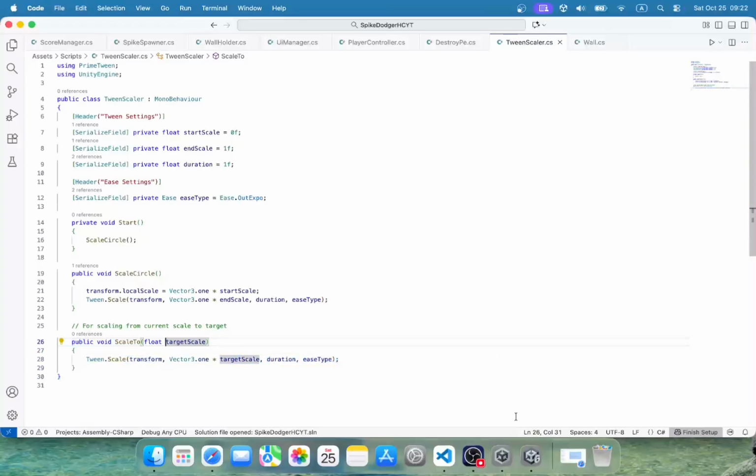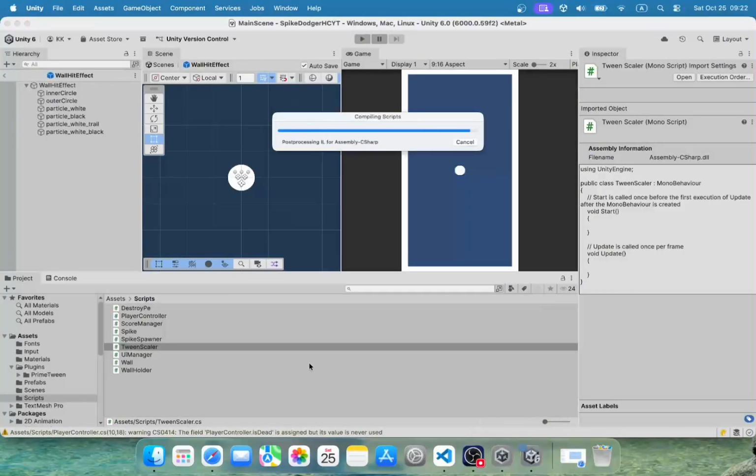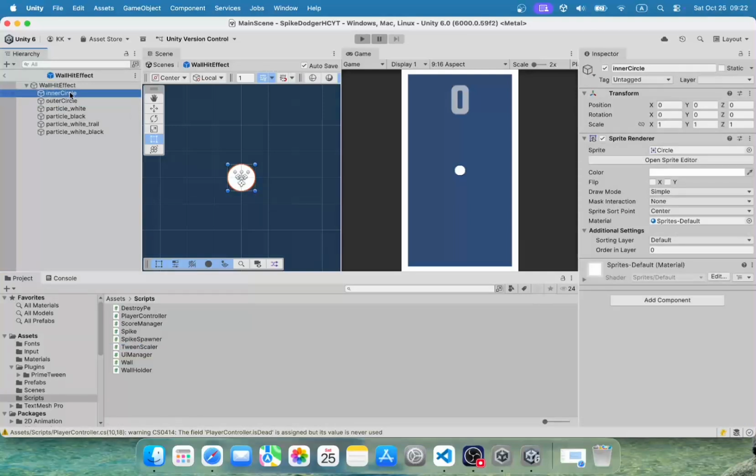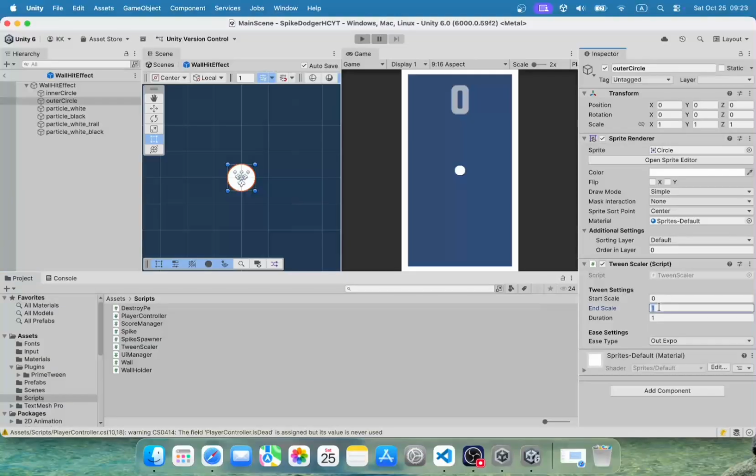So let's go back to Unity, and we are going to attach our tween to these two objects. This is going to be my tween scalar here, and outer scale is also going to be tween scalar. My end scale should be 1 for this, duration 1, out expo, and for the outer circle my end scale should be something like 4 and duration should be 1, out expo, and start scale should be